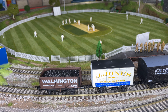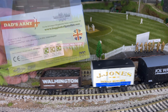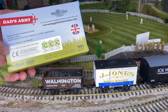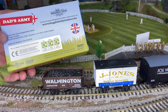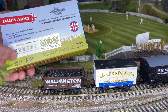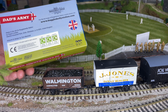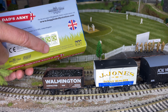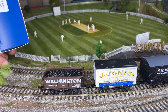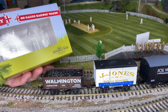If you aren't all that aware that these even existed, they've got the official licensing, made in the UK for Buggleskelly Station by Dapol Limited. Artwork designed by Tom Marshall, and of course made in the UK. Dad's Army, Jimmy Perry Productions Limited. This is a great little addition to have. So if you didn't even know these were available, and you're a Dad's Army fan,